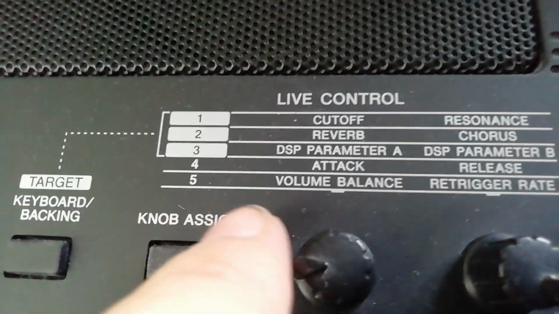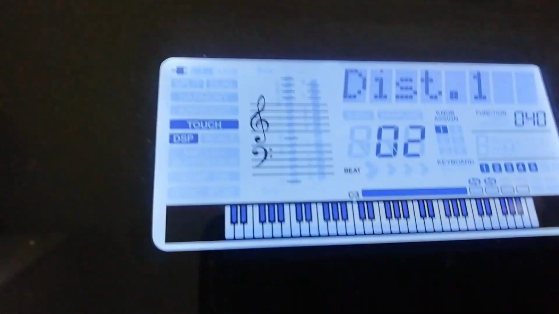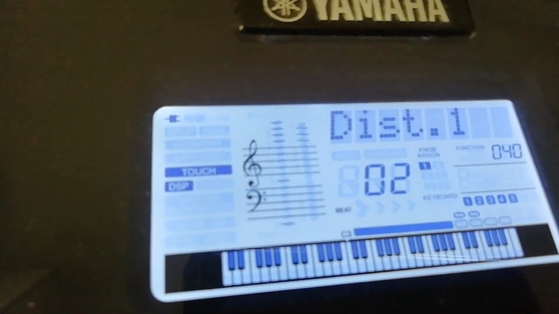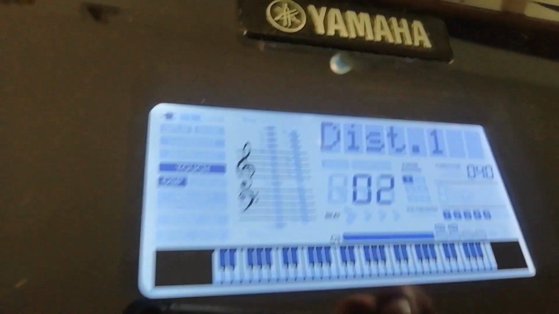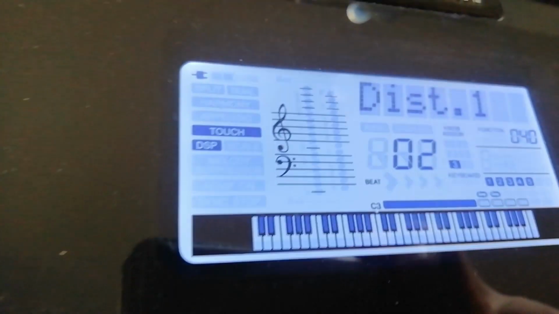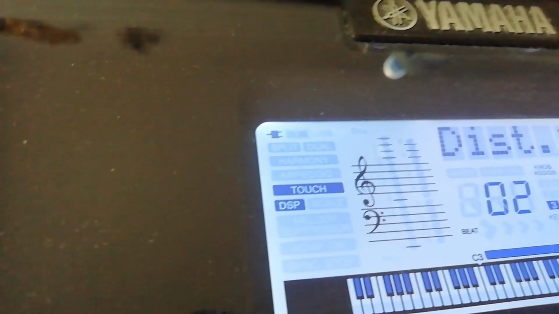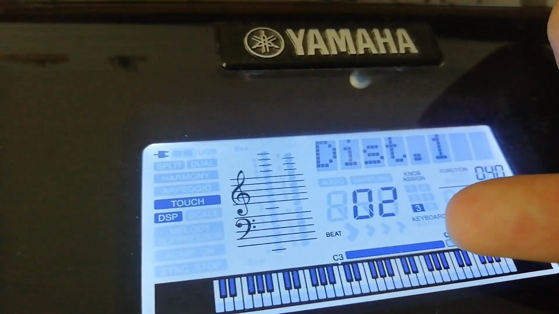So that means I have now the DSP effect set to distortion for the piano, right? And when I click the knob assign button here on the left 3 times, 3 is applied. You see in the menu here the 3.